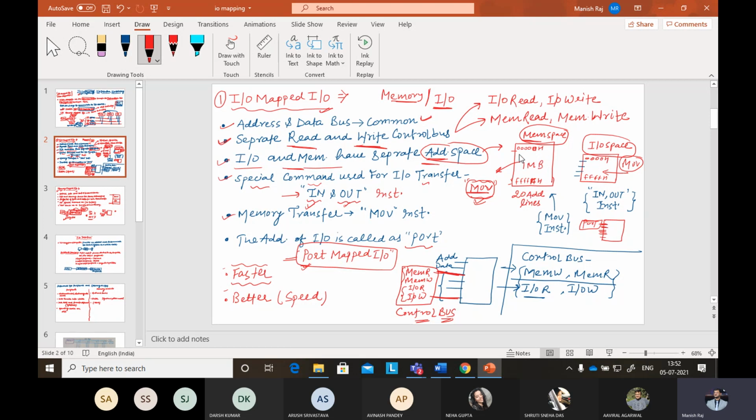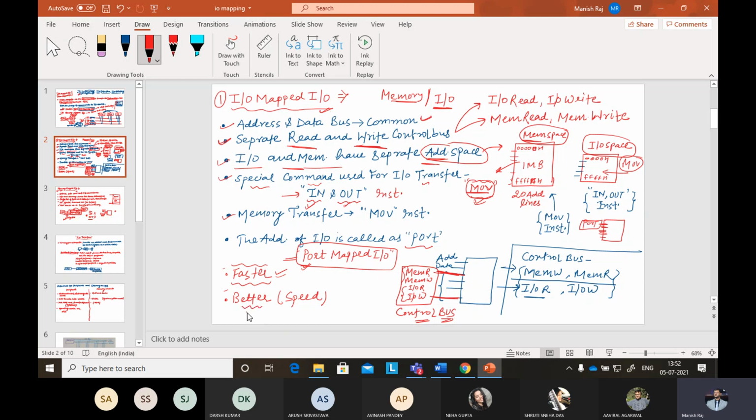Okay, so individually you are working here and you have some idea, you just want to put something here and you want to put something here. So individually you can put here and you can take the data from that thing, so it is faster. Because this is isolated, it is working individually, so that's why it is faster than this thing. So another means memory mapped IO.